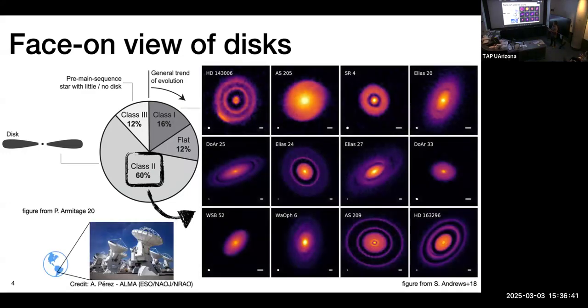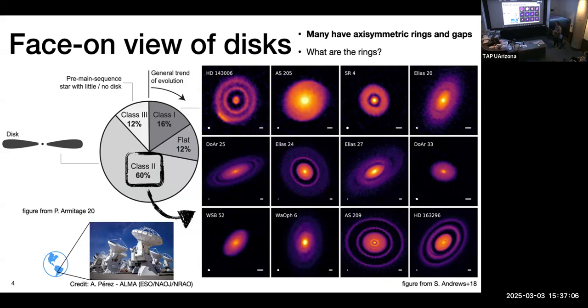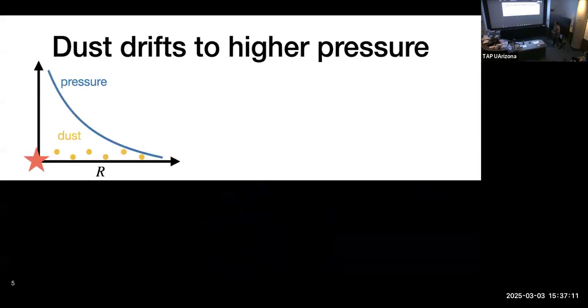And this is what class 2 disks look like face on, observed with ALMA in Chile. So if you're seeing these disks for the first time, I think they're awesome. So one thing that strikes out to me is that they're so symmetric. They have rings and gaps, concentric, alternating. So why, how are these rings formed, right? So to explain that